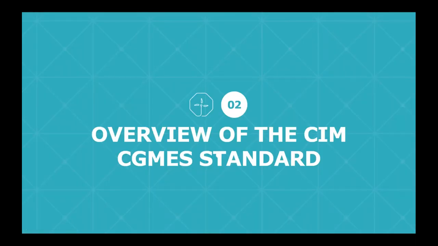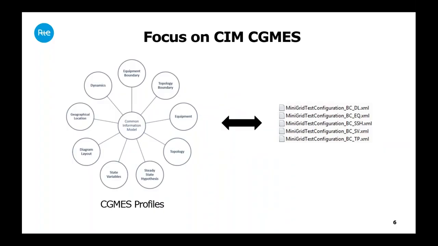So I will now explain what CIM and CGMES are. CIM means Common Information Model. It's a standard format that attempts to be accessible and understandable to all. Using a standard for data portability facilitates exchange of power system networks between and within companies. But CIM is wide. We can have, for example, market data in CIM: trades, balancing, resource management, etc. But for us, what is important is